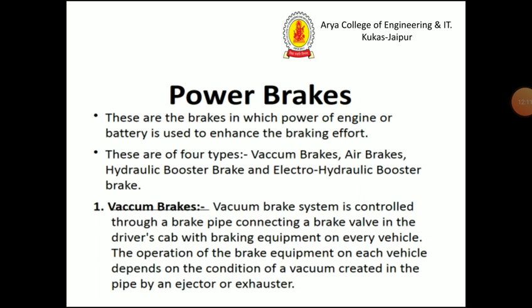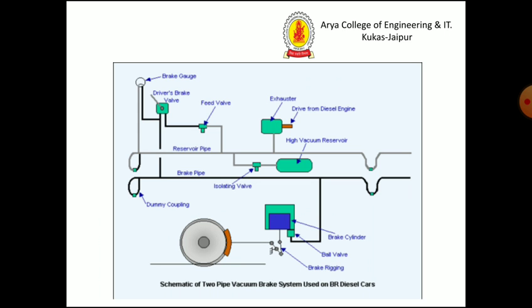Vacuum brakes. A vacuum brake system is controlled through a brake pipe connecting a brake valve in the driver's cab with braking equipment on every vehicle. The operation of brake equipment on each vehicle depends on the condition of vacuum created in the pipe by an ejector or exhauster. This is a similar layout of a two-pipe vacuum brake system used on BR diesel cars, in which